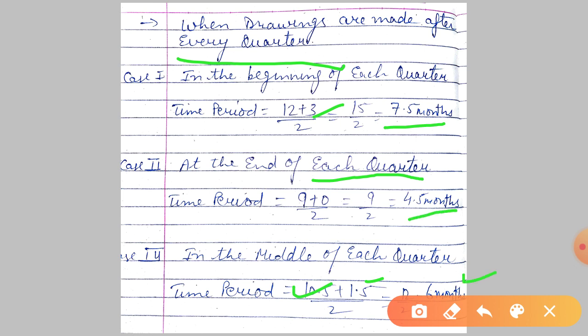Some students used to memorize this as well, but I want you to develop the concept of how this is built up. Because if dates are given, or drawings are made continuously after June or July, then we have to calculate the time period on the basis of 9 months. I hope this is clear to you. There are questions, and when you practice and encounter such questions, this concept will become more clear to you. We'll move on to the question.